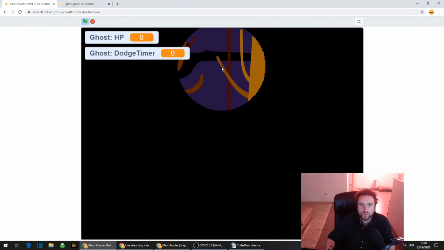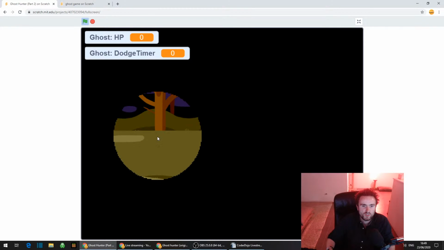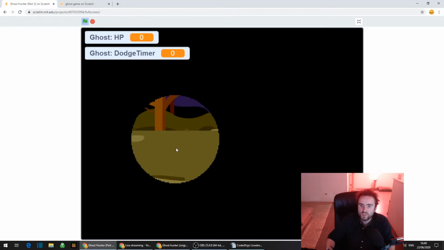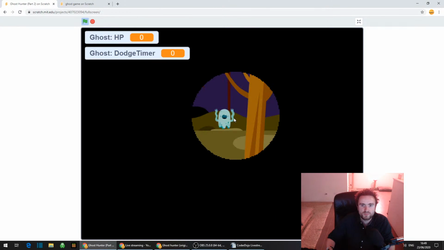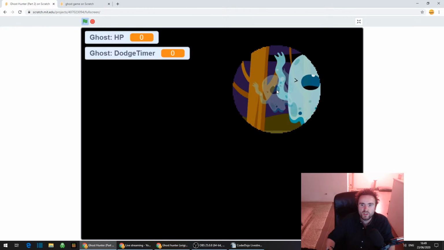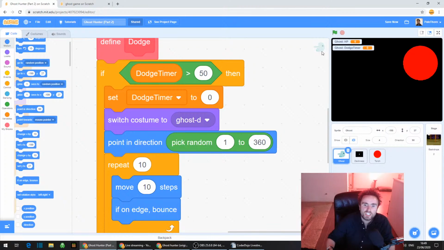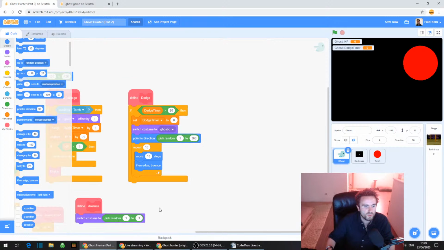So do you notice, after they dodge, sometimes they're kind of upside down or sideways. And that's because they're still pointing in the direction that they dodged. There is a nice, easy way to fix this. Oh, I died. There is a nice, easy way to fix this. So, is that working for everyone so far, aside from them going slightly upside down? Let me know if anything's not working and I can help you.